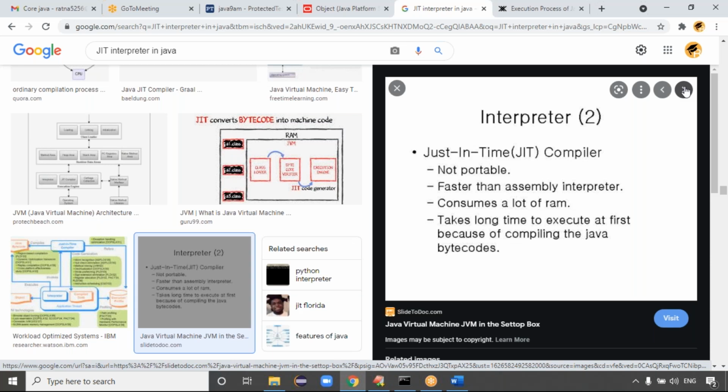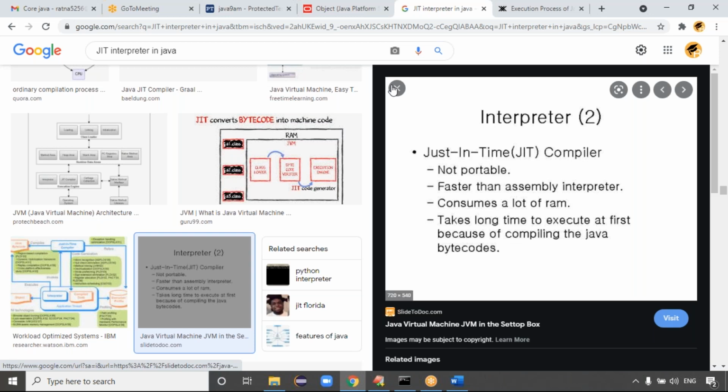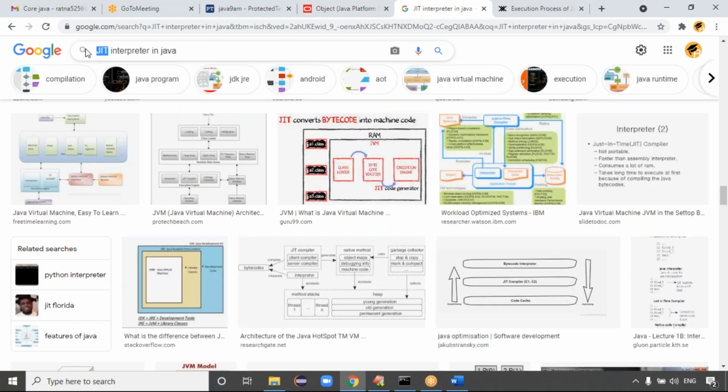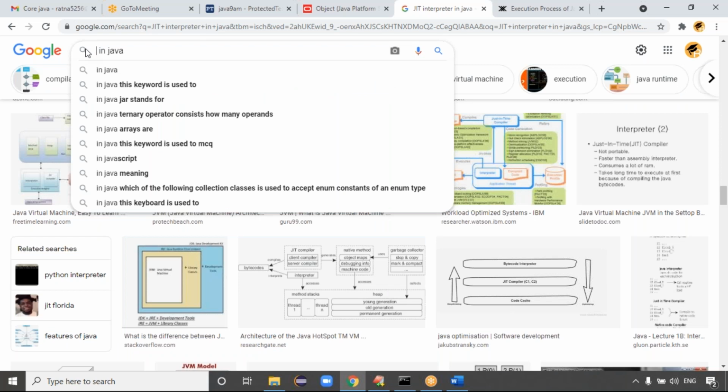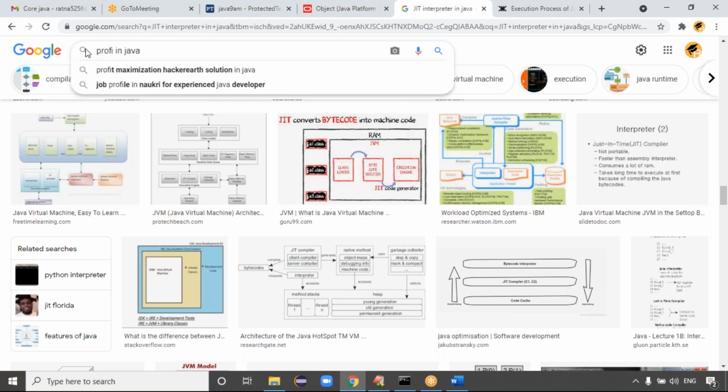Good. Try to see the difference between the JIT compiler and interpreter. If you find any new information, please let me know. Where the looping concepts are there, look for the JIT compiler, because for looping the JIT compiler will be very fast, and where the normal code is there, you can go for the interpreter, line by line execution, guys.